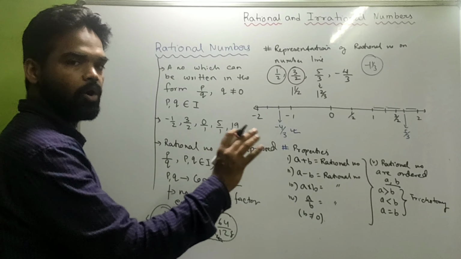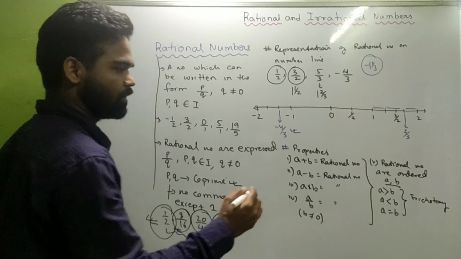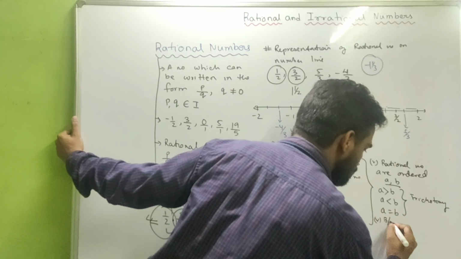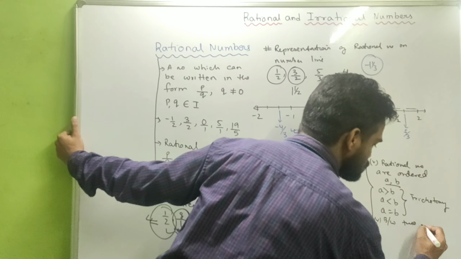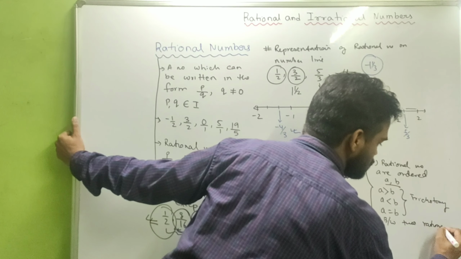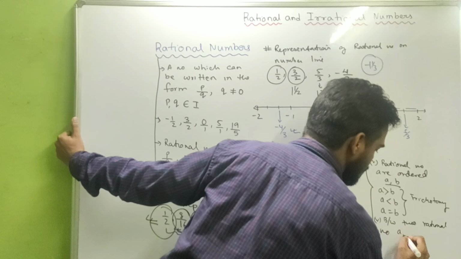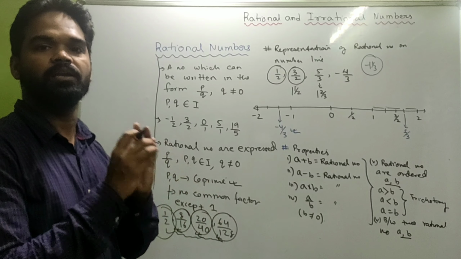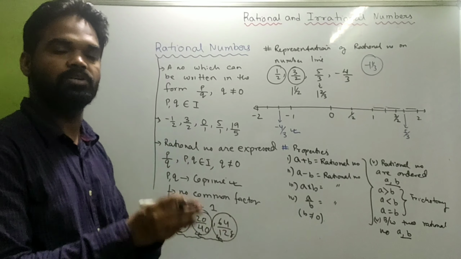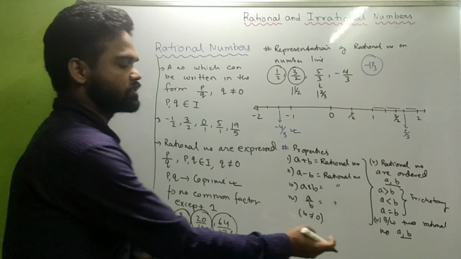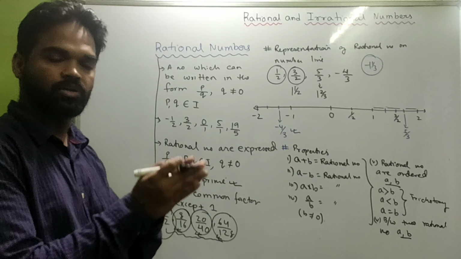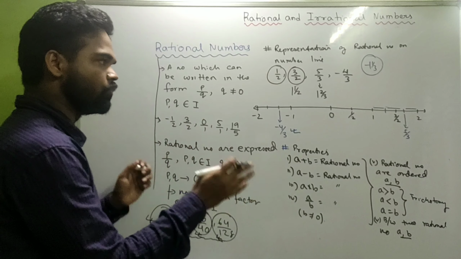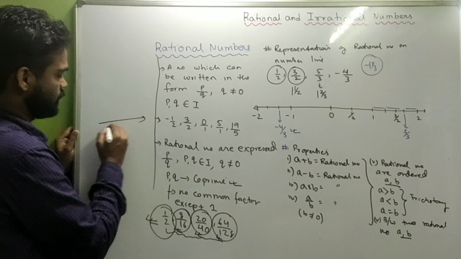Is it clear? They are ordered. You can compare them. And last thing, between 2 rational numbers, suppose A and B, we can insert as many rational numbers as possible. I can insert one rational number between A and B. If A and B are rational numbers, I can insert 2, which means in the number line, if you have